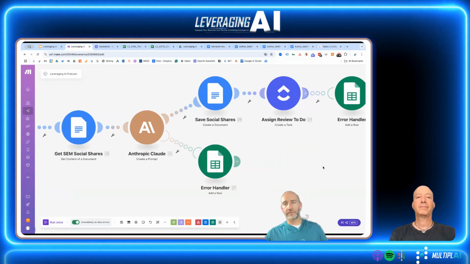That's the one thing I want to make sure that I leave you with. Never, ever let these tools just publish automatically. You have to have a human in the loop. You have to have someone have eyes on it before it gets published, because there are things that'll come out of this and you'll be like, where did you get that from? But that kind of stuff happens. So you need to have that extra set of eyes on it.